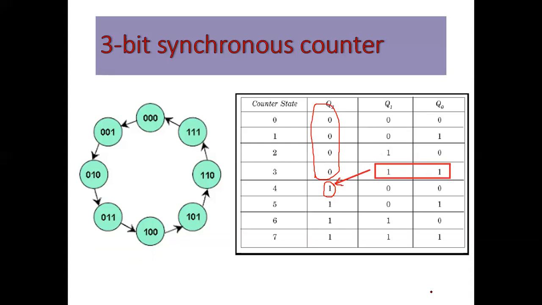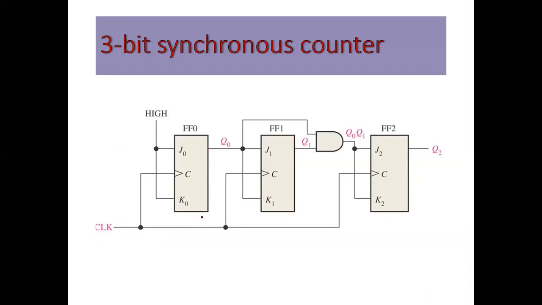We will see the logic diagram for this. Okay, I have 3 flip-flops. J and K are tied, J and K are tied, J and K are tied, so J and K are applied with one input. The output of the first flip-flop is connected to the J and K of the second flip-flop. For the third flip-flop, I have introduced a logic. What is that logic? I have taken the output from the second flip-flop and the output from the first flip-flop, and this is connected to an AND gate. So what is the truth table of an AND gate?